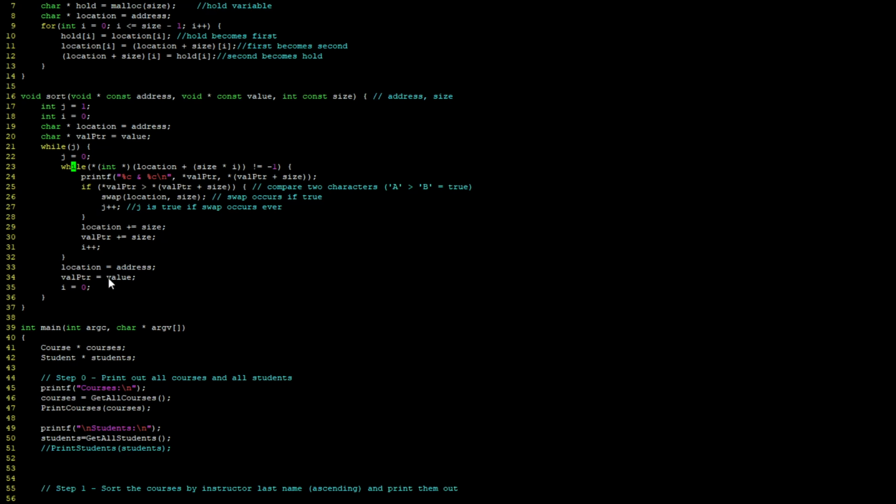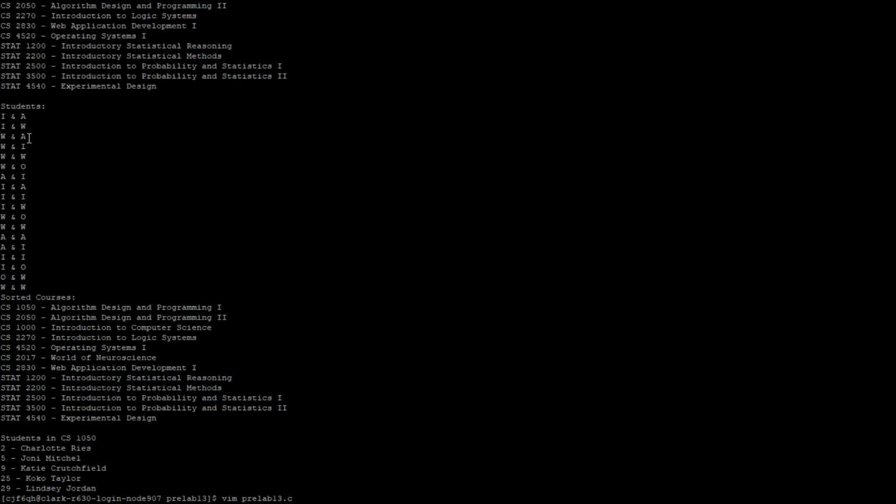So we increase the size here, but we're also increasing the size here simultaneously, and that's making this double. So if you look back at the output here, right about here,